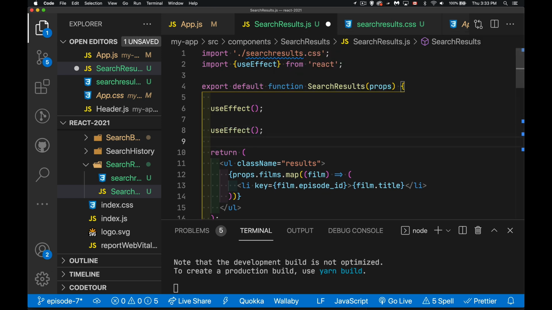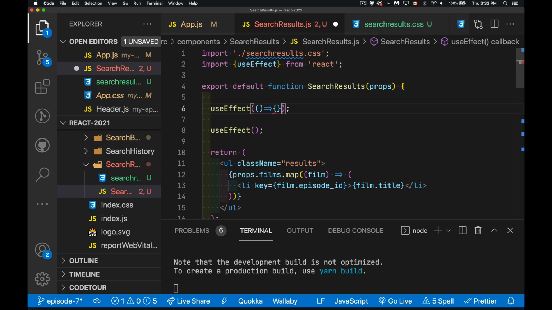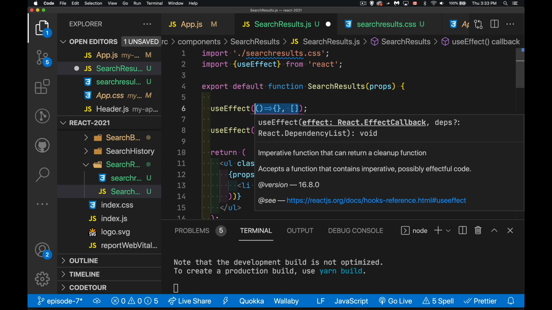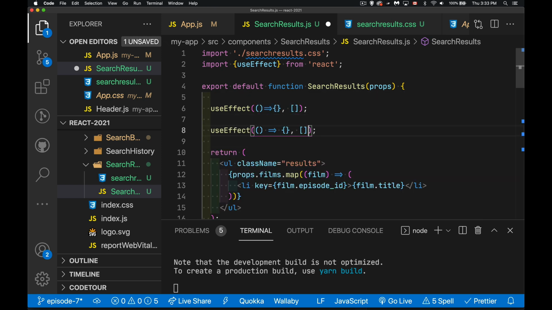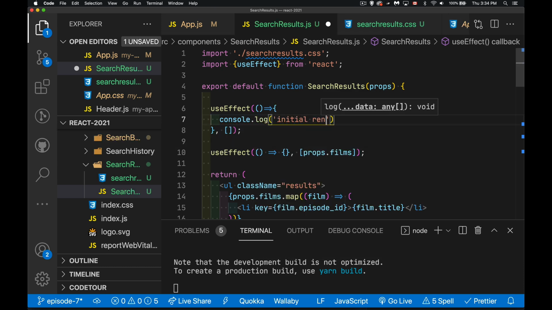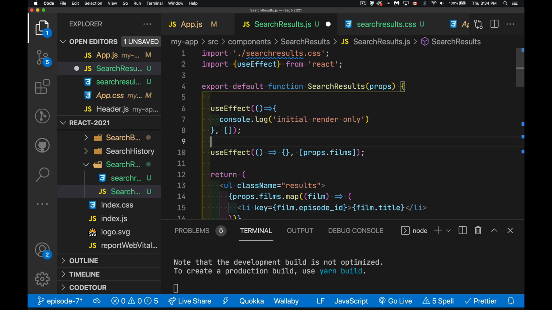You can actually use the useEffect method as many times as you want. So remember, there's a function and then the array. If the array is empty, this only runs for the initial render. If you put something inside of here, for example, instead of props, I'm passing in a thing called films. That's what we're looping through right here. I'm saying anytime there's a change to this, that's when I want to run this method. So here, for this component, it's the initial render of the component only. And for this one,